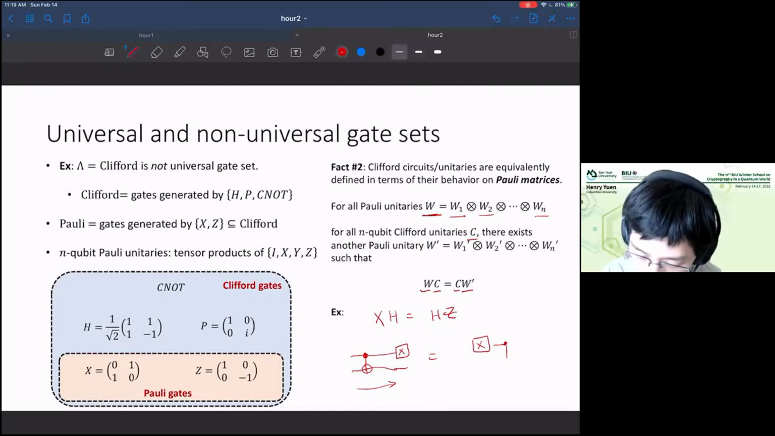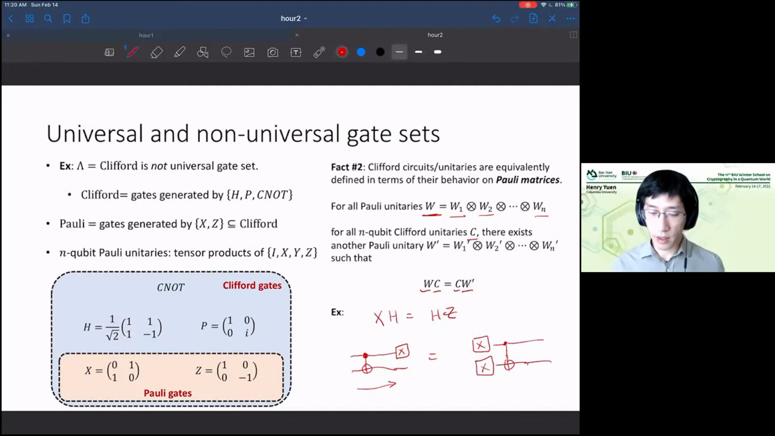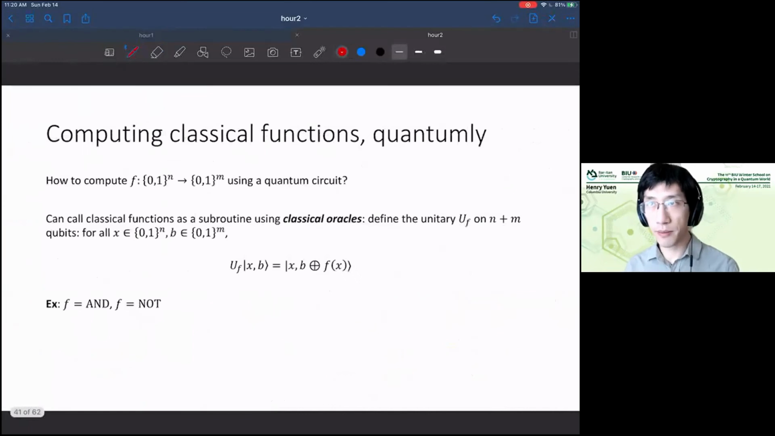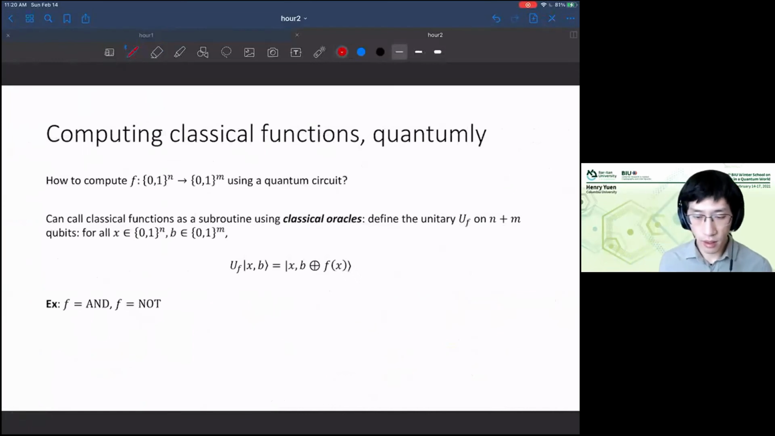Right. So this is the same thing as applying the X gate on both qubits, and then applying the CNOT. Right. So this X tensor identity has now become X tensor X. So this is one way of defining what Clifford unitaries are. Okay, and that will come up. All right, so